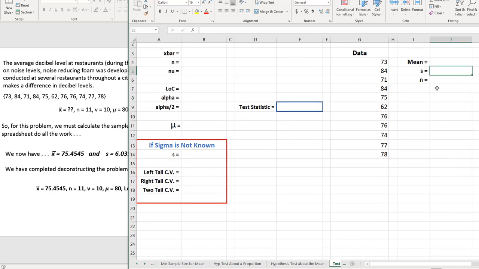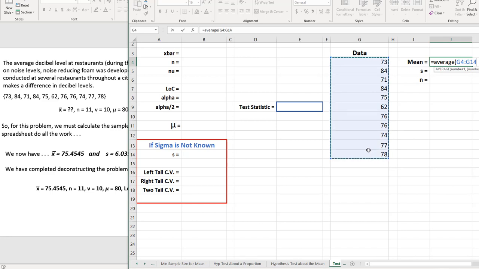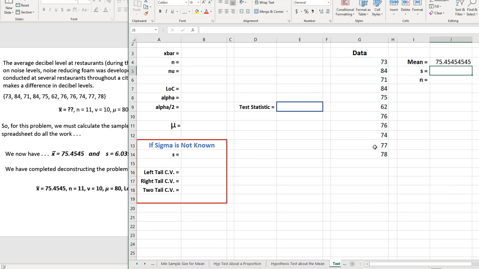the mean, otherwise known as x bar. In order to calculate that mean, we just use the spreadsheet function. We would say equals average, open parenthesis, grab the first one, go all the way down to the last one, and we would close parenthesis, press enter, and we have